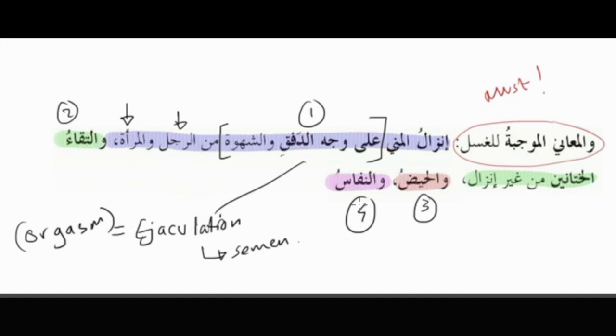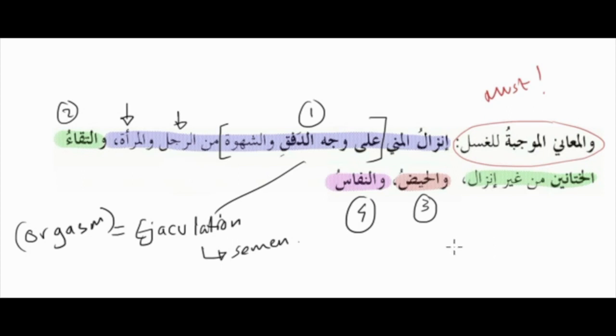Number 2 is iltiqa al-khitanain. Iltiqa al-khitanain, what this means is the meeting of the two circumcised parts. Now what this means is the head of the penis itself. So the head of the penis, if it's entered into the vagina, then the head, merely the entering of the head of the penis into the vagina, whether ejaculation happens or does not happen, that's why it says ejaculation is not necessary, min ghayri inzal, without ejaculation, just the mere entering of the penis head into the vagina